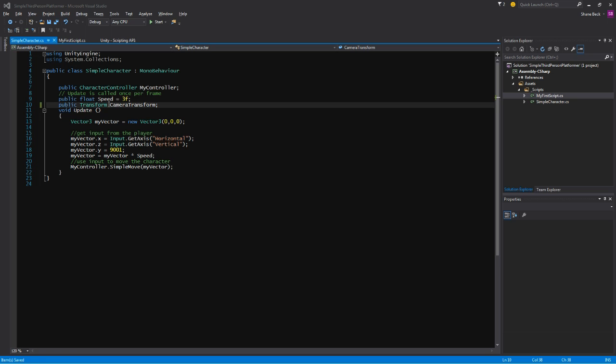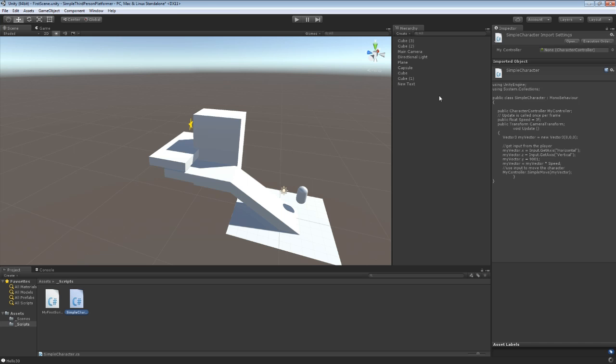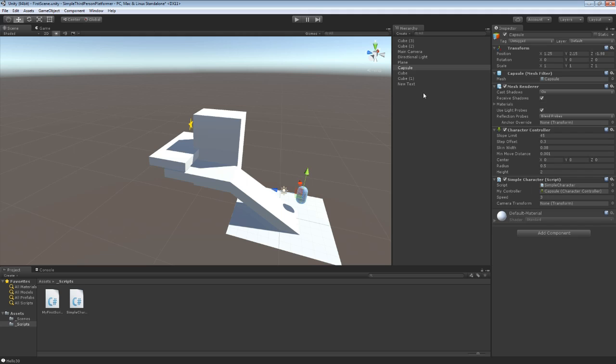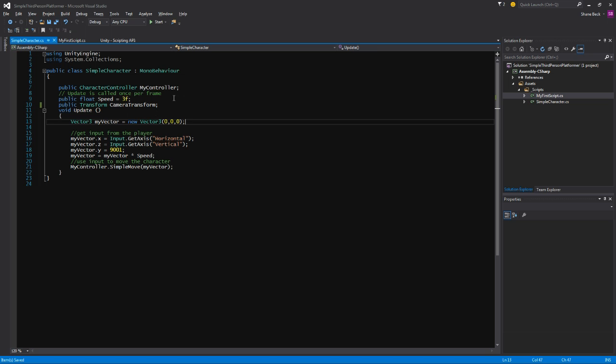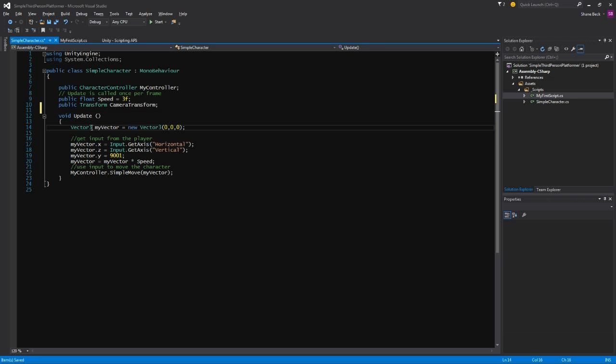And if we go into Unity, after hitting save, and select our character, you'll see it now has a field that we can drag and drop a transform onto. And we can just drag and drop the main camera from the hierarchy right onto it, and now the script knows about it. So back here, now we can use camera transform inside update here, and we can do stuff with it. So our objective is to rotate my vector. So we want to set my vector